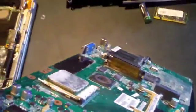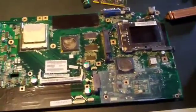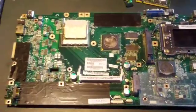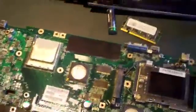The motherboard has no physical problems. Visual physical problems, that is. Other than the spilled sticky stuff. But maybe if I wiped it off and everything, I can get this thing working. That would be great. Unfortunately, I don't have a working case for it. Although, the screen...